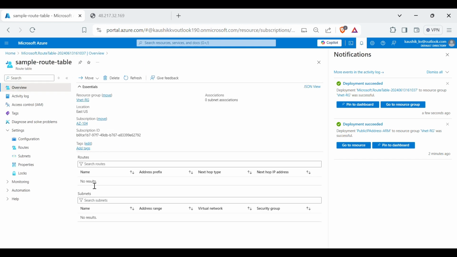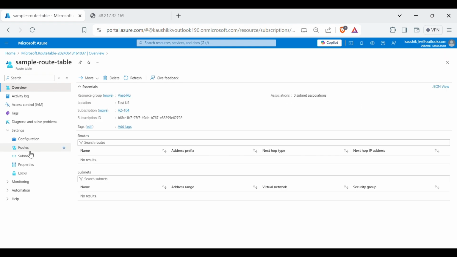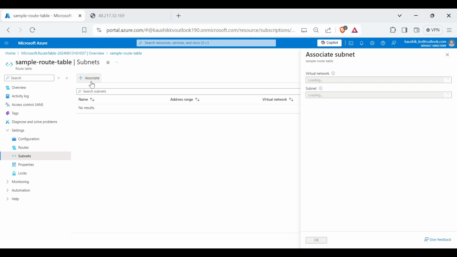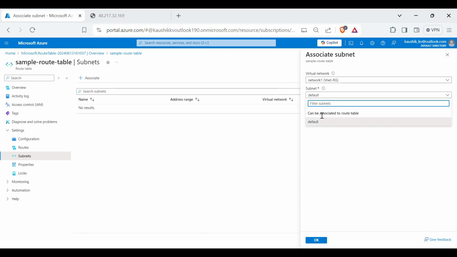So yeah, in the resource currently it's not associated to any subnet or any routes have been defined. So let's just first associate it to the subnet. While creating the route table, we have specified the network. So you cannot change the network, but you can assign it to any one of the subnets or